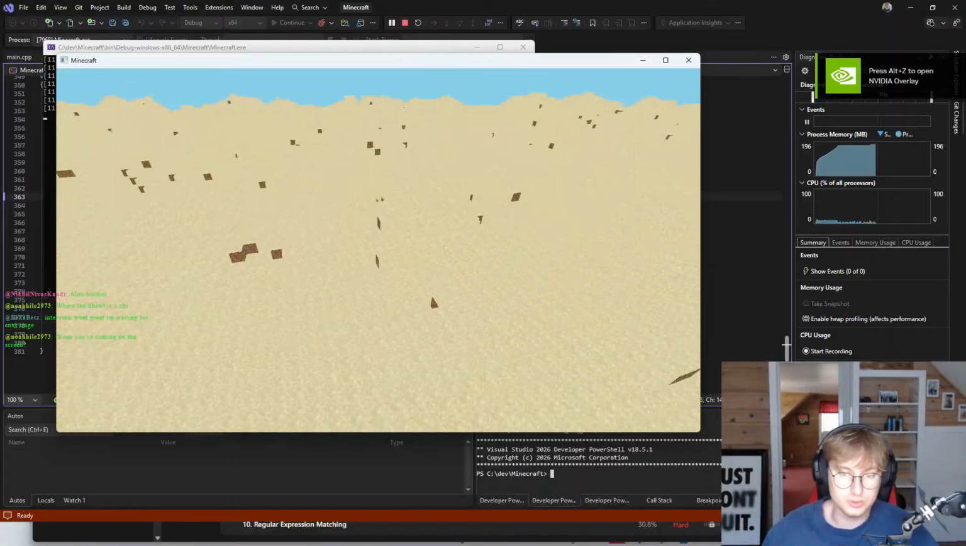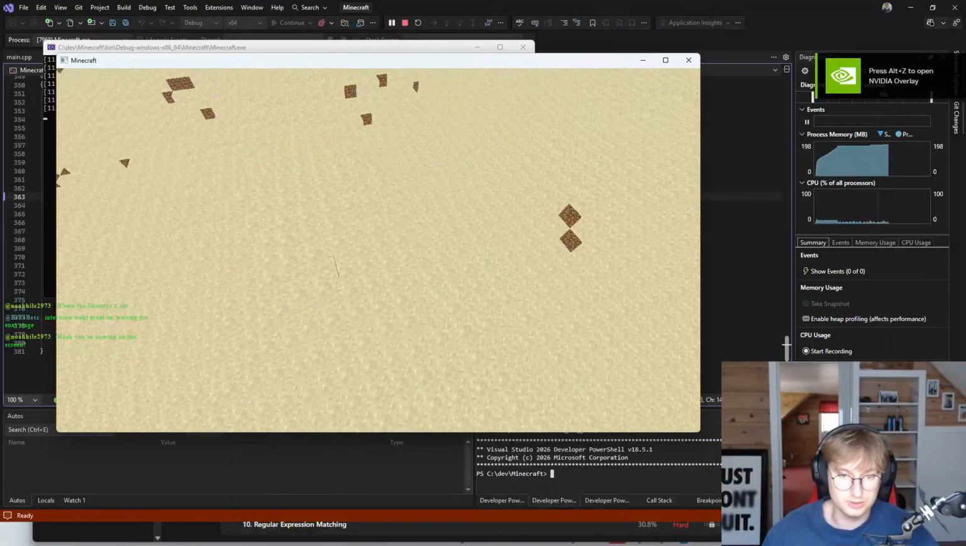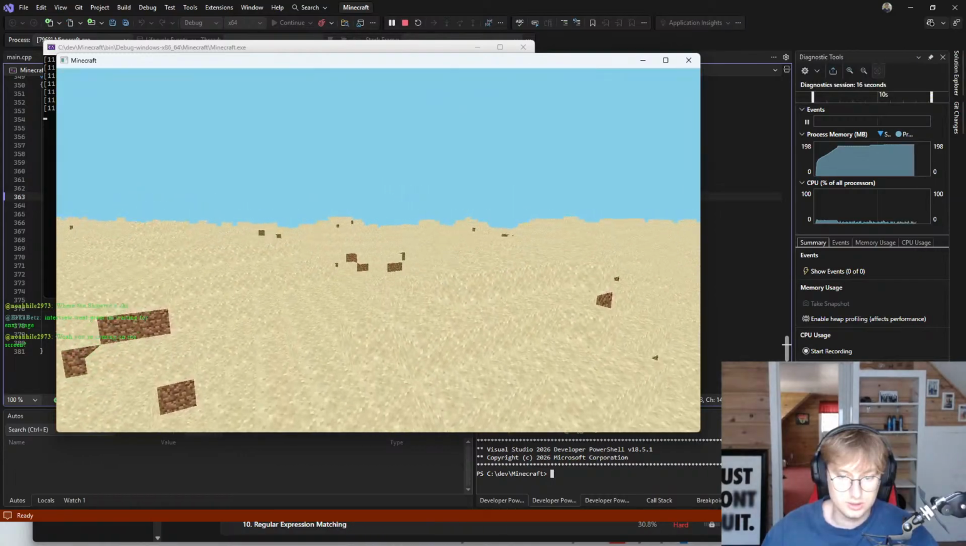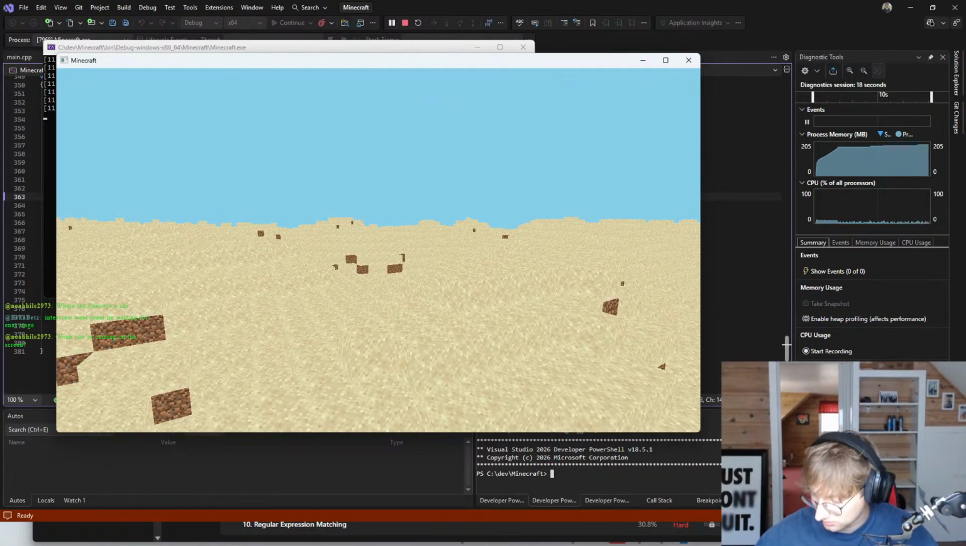I do want to switch these sand blocks to be something else, so it's a little easier to see the definition of the chunk loading and everything. But